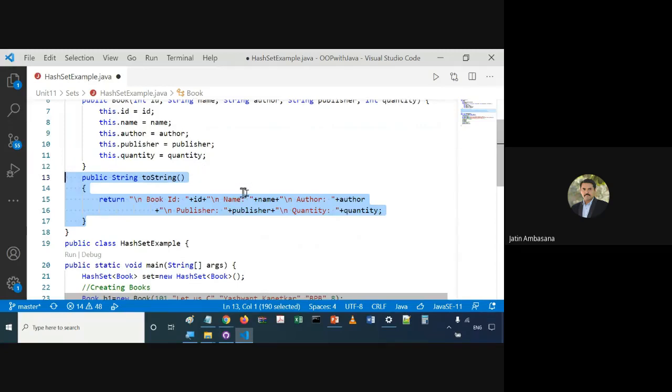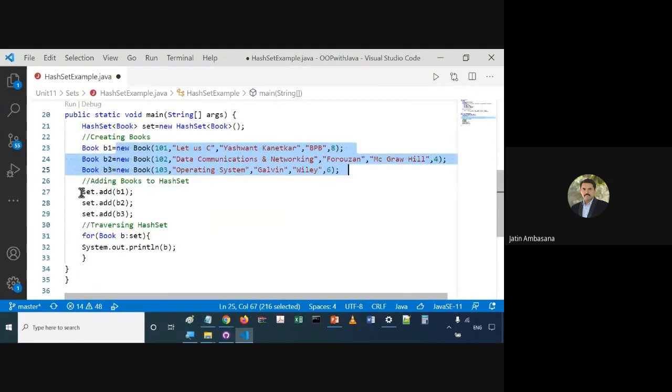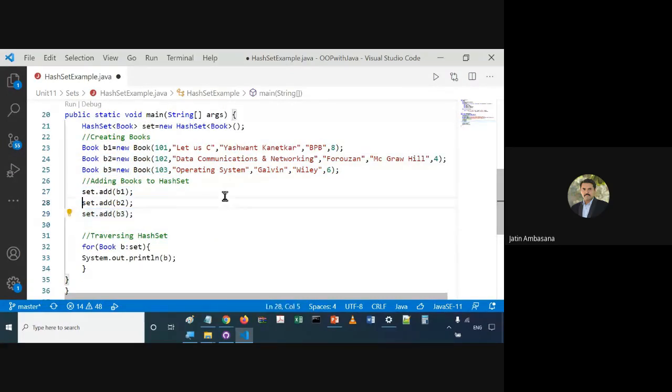And now in HashSet, we create a new HashSet of Book objects. We start creating books one by one and start adding those books. Now see, since it's a set, it will not allow duplicate objects. If I add b3 again, I'm sure it would not allow.